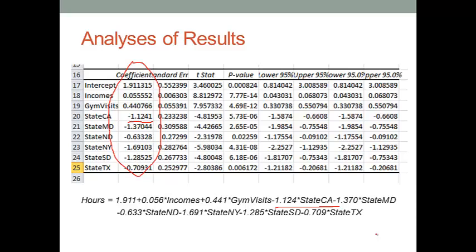All other states will be 0. So we use 8.952 minus 1.124 equals